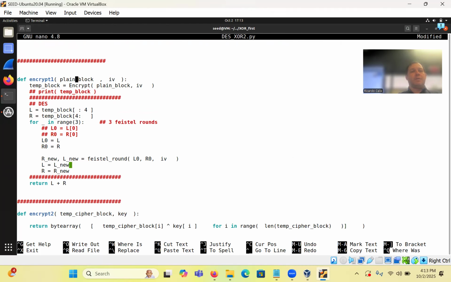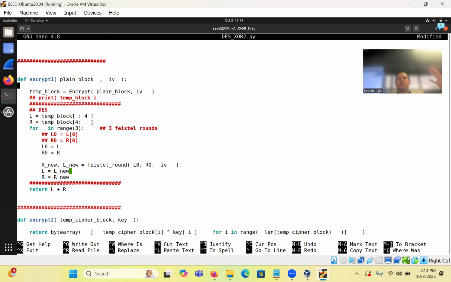So here we have encrypt 1, but essentially what is helpful is we always know that there's a block of 8. That's essentially like your anchor, right? Whenever you get lost, you arrive at that block of 8. So that's going to be the plain block, which is just the text, and the initialization vector, IV, the first element, because we're going forward. So now we take those two elements